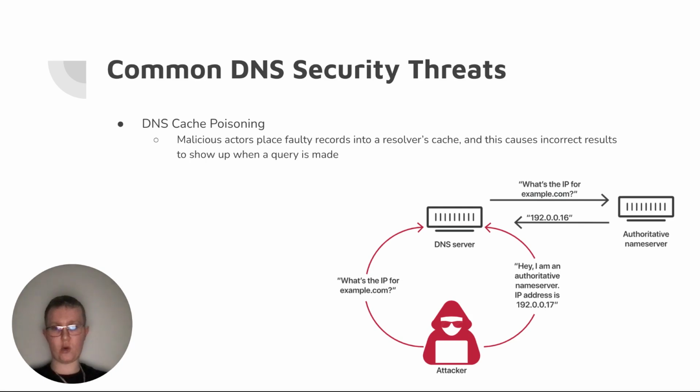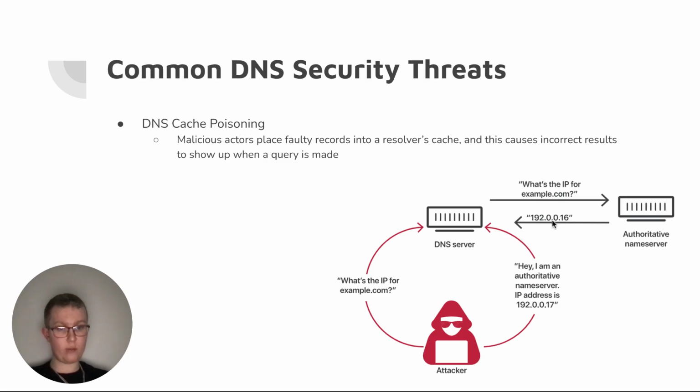So for an example here, let's say the client asks, what's the IP for this website, example.com. It contacts the DNS server. But as we see here, the DNS server will contact the authoritative name server that's associated with the website. If you watch my video on the DNS hierarchy, I went over the different types of servers, authoritative being one of them. The authoritative name server will give us the correct IP, but if you look here, the attacker will say, hey, I am actually the authoritative server, and the IP address 192.0.0.17 is different from the one here, which is